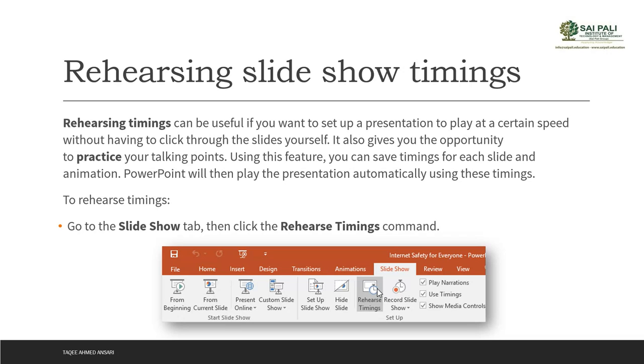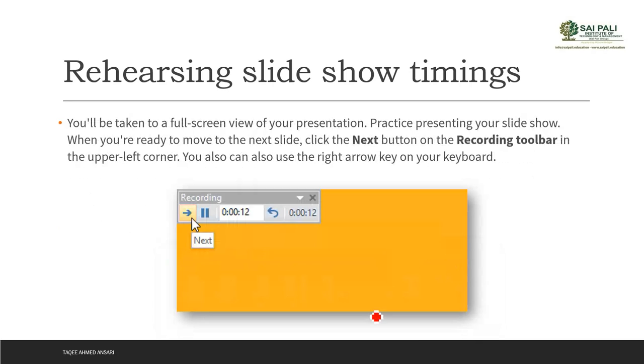For that, you can go to the Slide Show tab, and from here you can select the Rehearse Timings command. When you click on it, your presentation will start in full screen, and you will see this window on the top left corner, which shows the timing of your current slide.